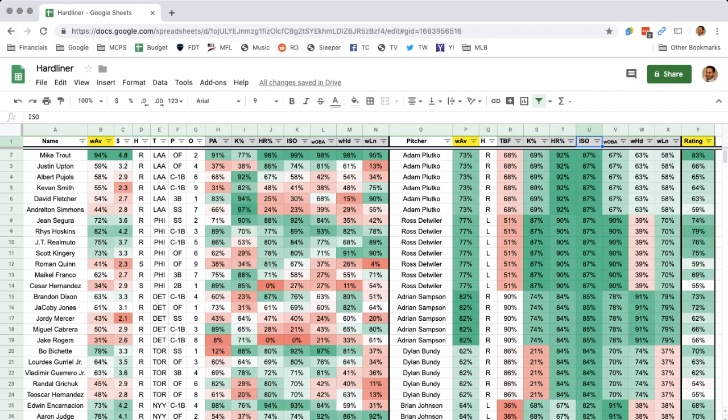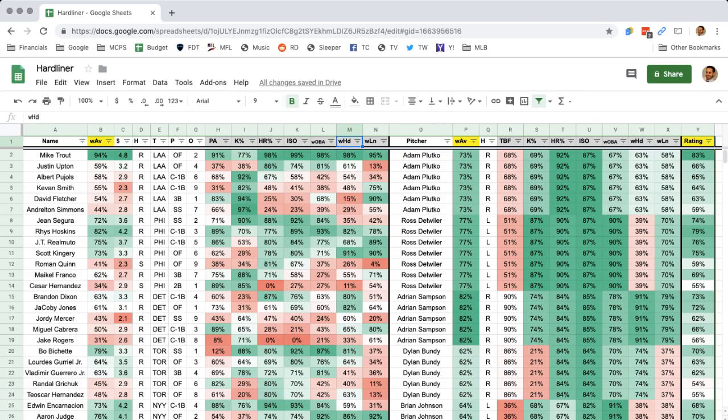And then we get to weighted HD, weighted LN, WHD, WLN. So all that is weighted hard and weighted line. And when I was streaming yesterday, I was messing around with some little formulas for coming up with a hard and I guess, what is it, solid or quality or something, I don't know.